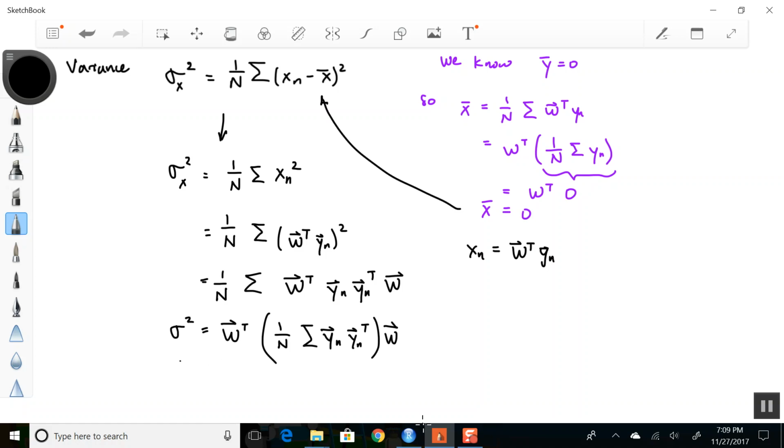If we think of what y y transpose is, if each y is 10 dimensional, then I've got a 10 by 10 matrix, or 2 by 2 matrix, however many original dimensions we have. We're going to just call this some matrix C. So let the matrix C equal this thing